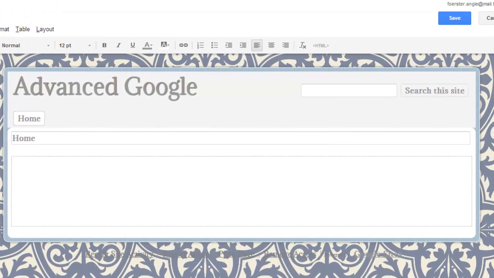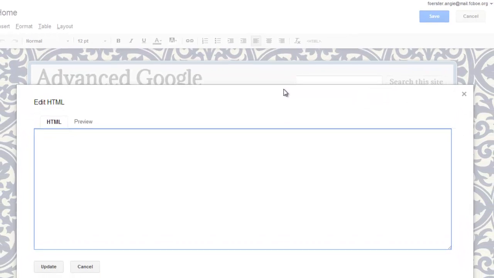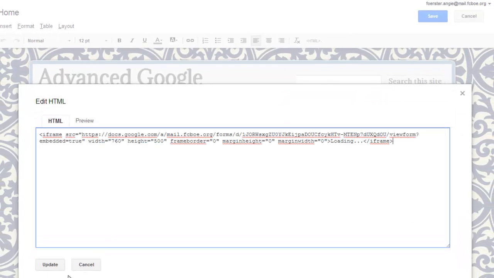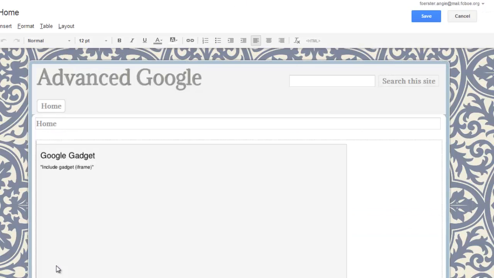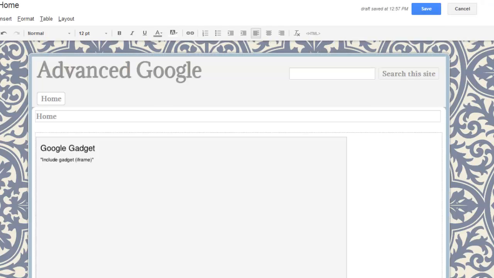then you would open up your website, and depending on the type of website you have, you're going to put this embed code somewhere different. If you're using a Google site, you would go to edit the page that you're working on and click this HTML button up at the top, and you would just paste in that embed code and then select Update, and then you can center it